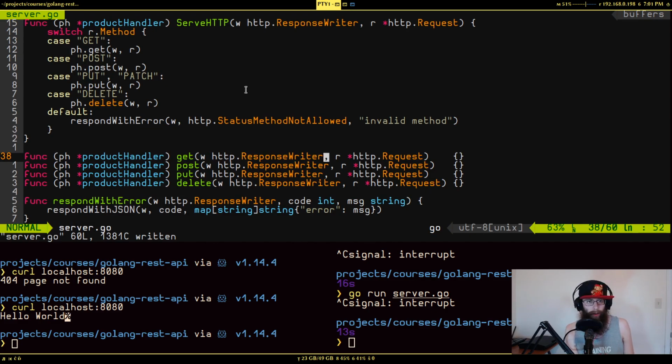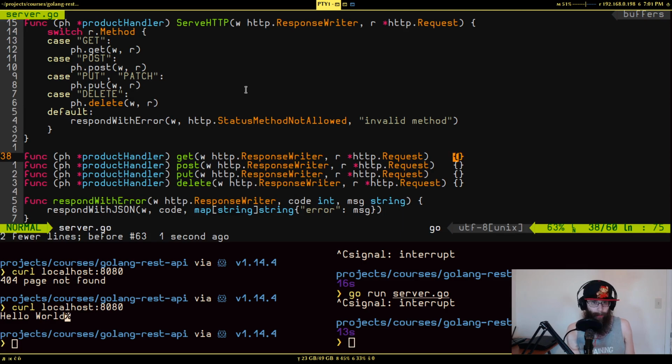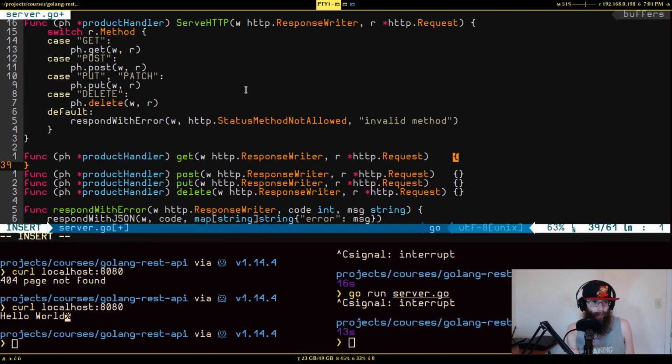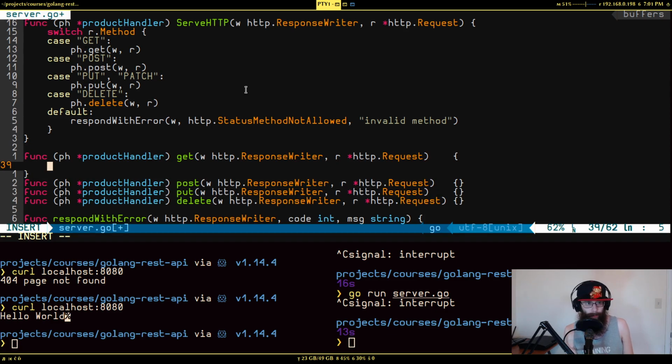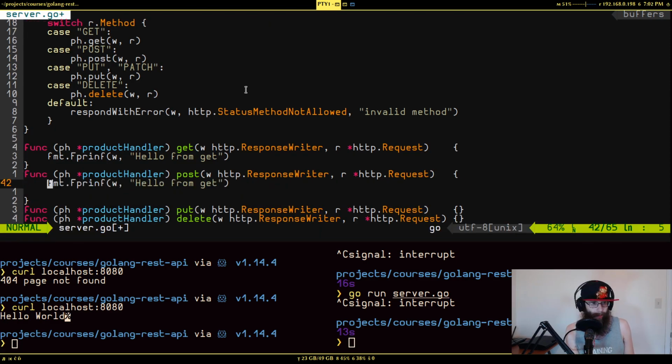So all these are going to do probably initially, until we actually get some more concrete logic in place, is they're just going to do kind of similar to the hello world thing, where it's going to do fmt Fprintf, and we're going to tag in this, and I'm just going to say hello from get, yeah, something like this. So I'm going to copy that. I probably should have done this before I even did the other things actually. Pass this in,